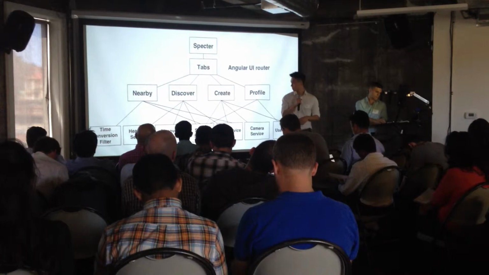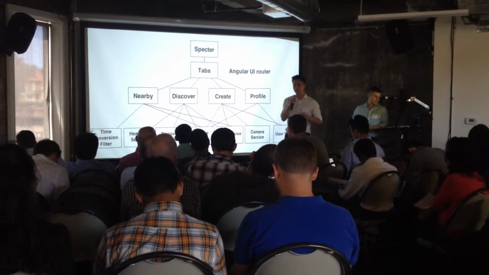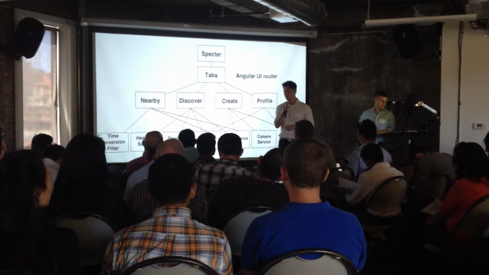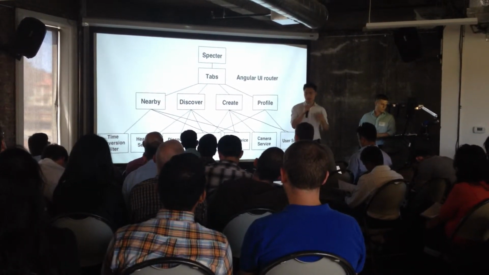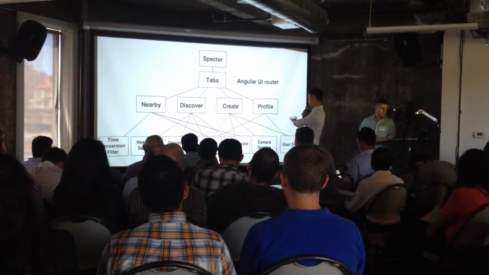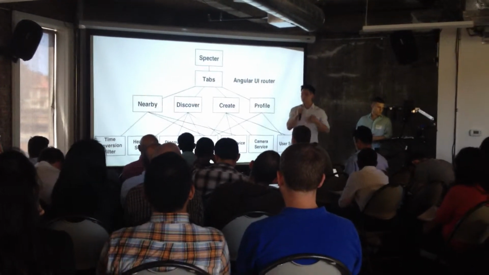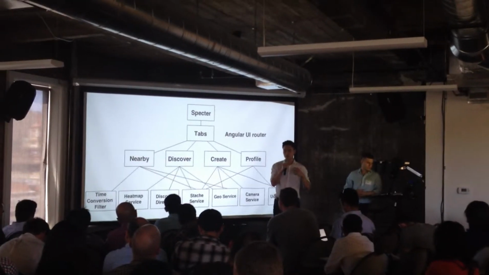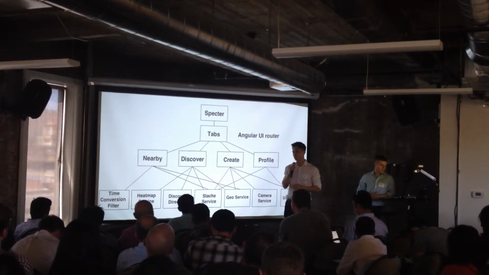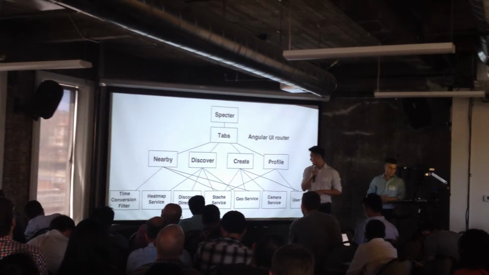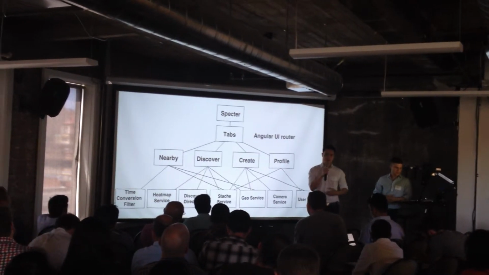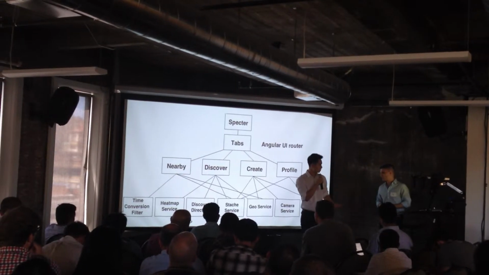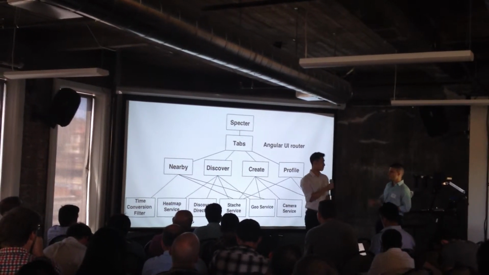Let's take a look at our front-end structure. As you can see here, behind the scenes, driving this mobile application is a single-page application. We have four different tabs brought together by Angular UI Router. Everything you see at the bottom is our modules. By maximizing Angular modularity, this allows us to make our code much easier to test. We can reuse our code so much more. And overall, this file structure allows us to reduce the complexity of our application. Now I'll pass it back to Jared, who created our back end.